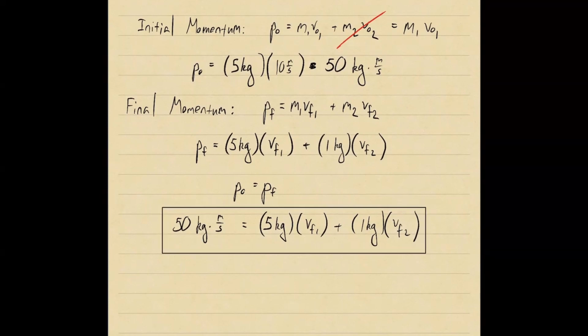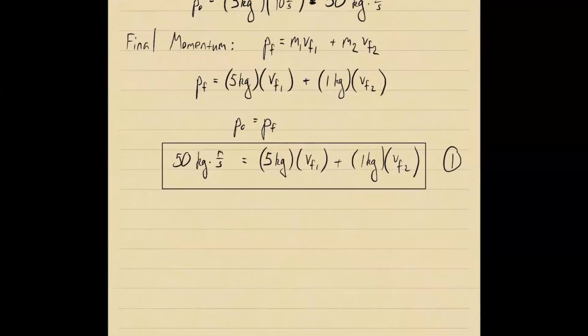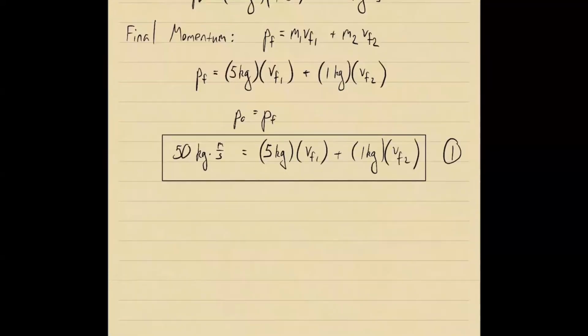All right, let's just box this off, and I'm going to call this equation 1. So in order to solve this, we also need to make use of the second fact for an elastic collision, right? And that is that the kinetic energy of our system is conserved. Right, so conservation of kinetic energy says